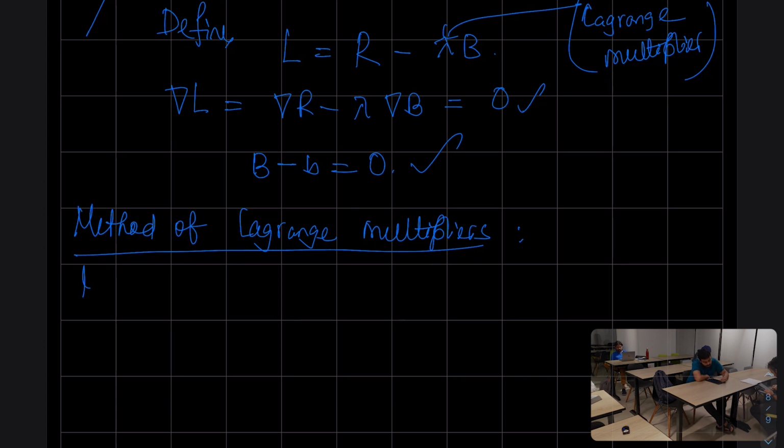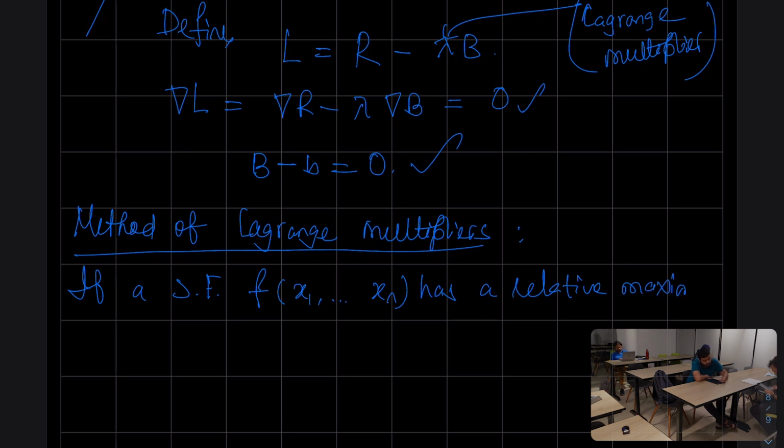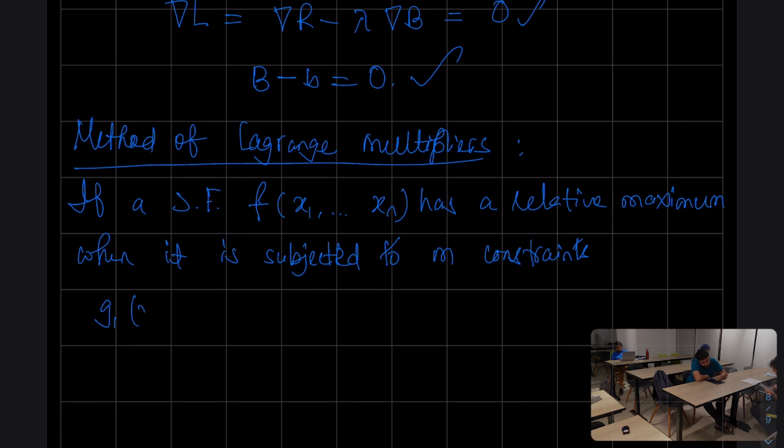So it says if a scalar field f of coordinates has a relative maximum when it is subjected to m constraints or equations. The equations are constraints, so এগুলো হচ্ছে ওই কনস্ট্রেন্ট গুলো। এরকম mটা আছে,